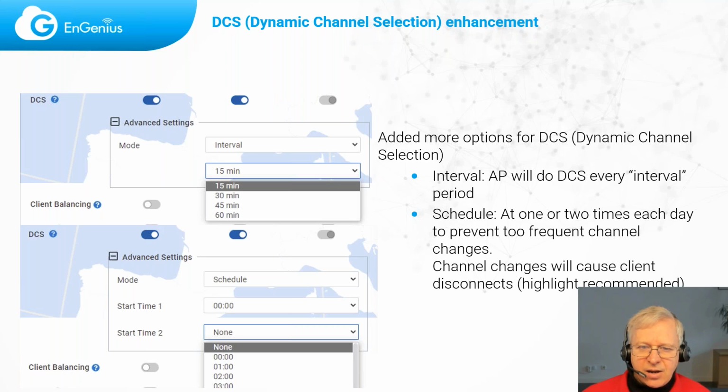Like if there's RF interference, or maybe there's another AP too close by on the same channel or overlapping channel. And then as a result of that, it will move from that channel to another channel if you have dynamic channel selection enabled.